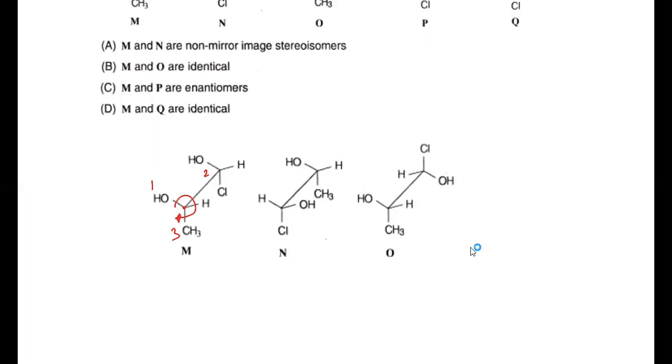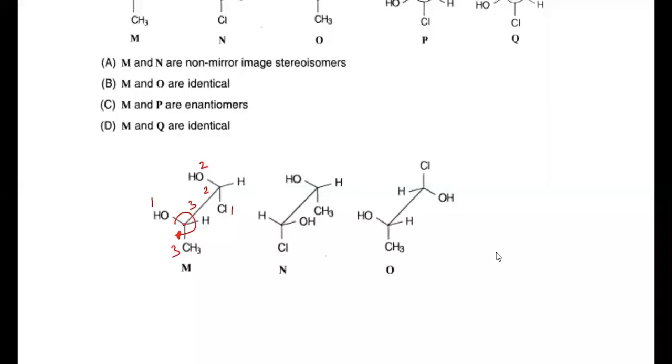Whereas for H, OH, and Cl, just the sense of rotation will be checked, that is enough. So for the other case, it is the higher valency: this is Cl number 1, this is oxygen number 2, and this is carbon number 3. So now if you move from one, write the RS configuration for all of these.